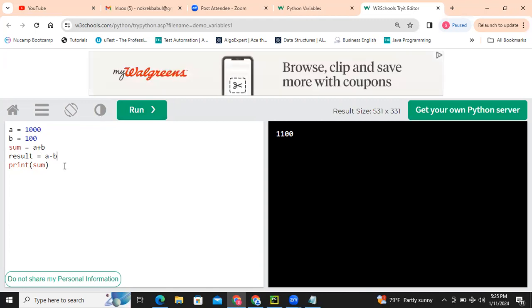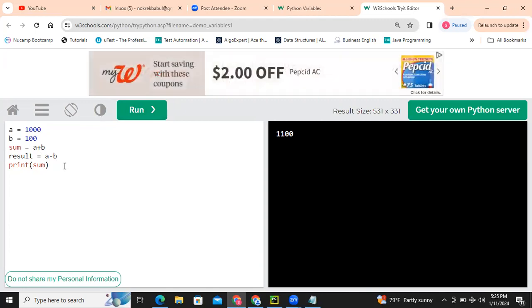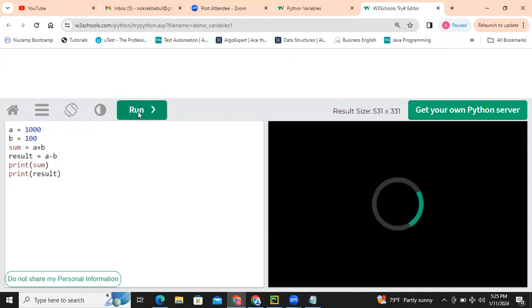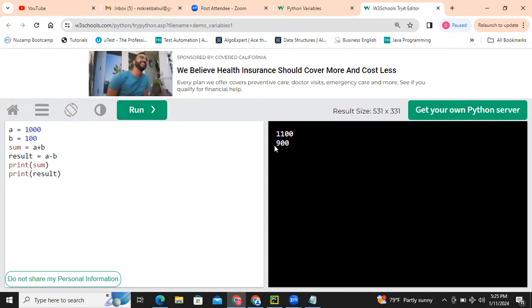You can do division, you can do multiplication, whatever you want, and print result. And the result is 900.